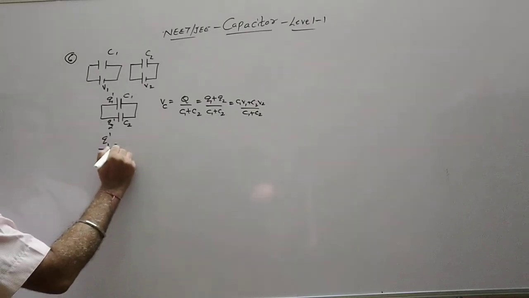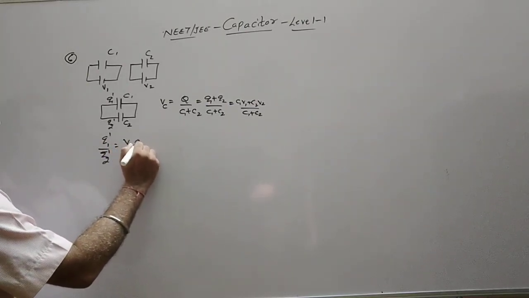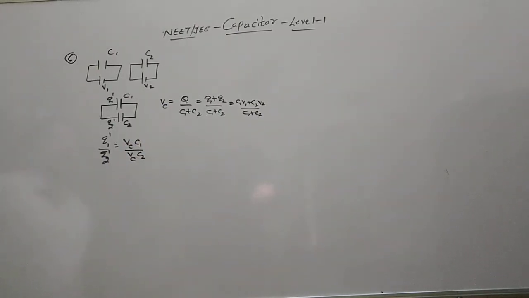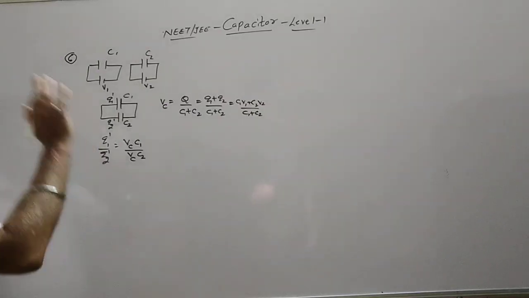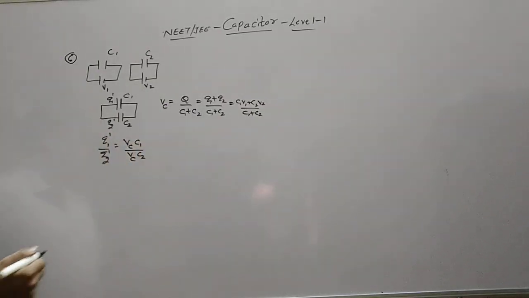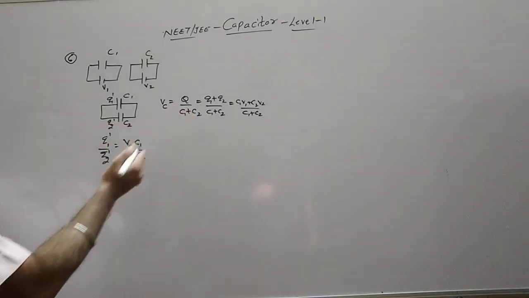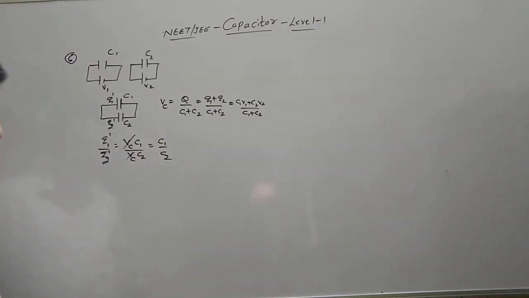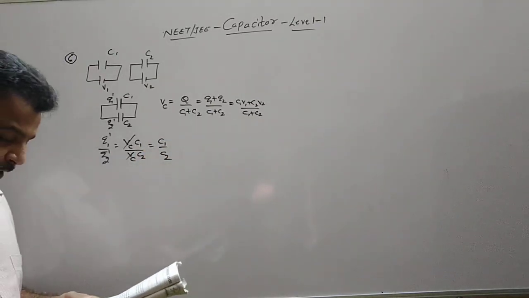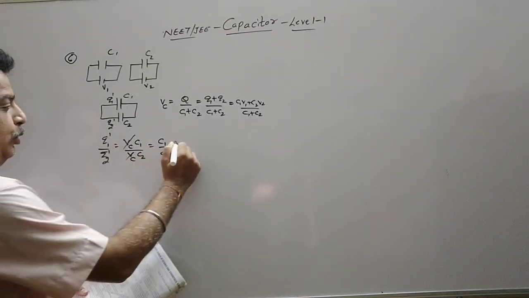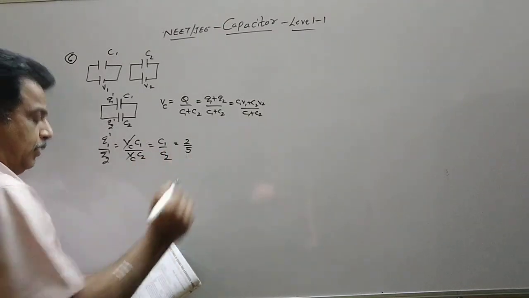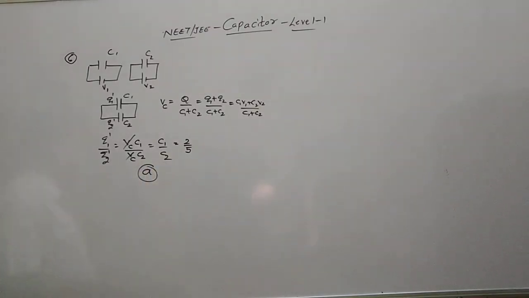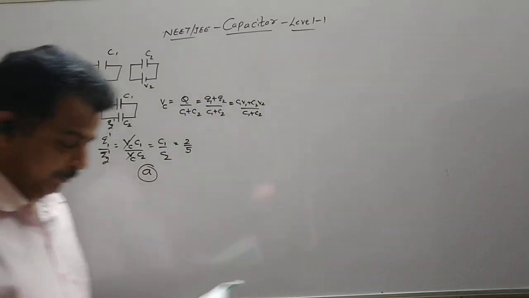Now what will be the ratio of the charge? It will be equal to Vc into C1 upon Vc into C2. That is the definition of the charge, that is C into V. So the common potential, if you find out the value, then also it will be cancelled. So here I cancel this. We are left with only C1 and C2, and C1 and C2 are 2 and 5. So the ratio is 2 upon 5. That is option number A. So this is MCQ number 6.